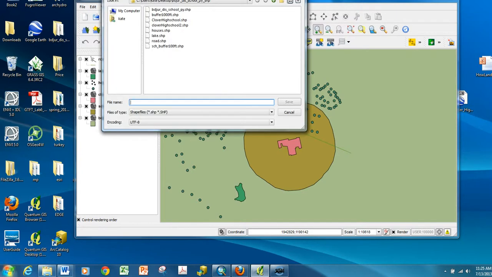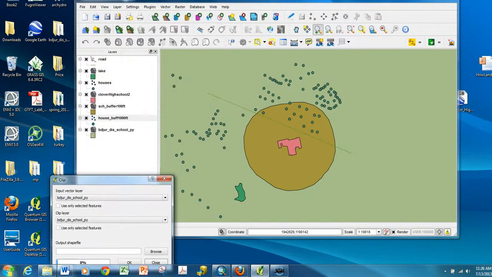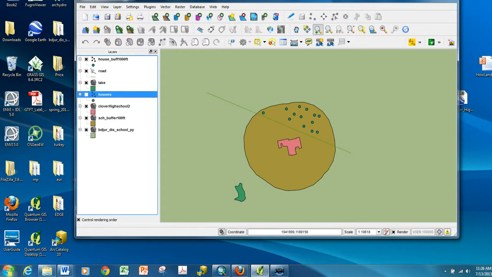And then again, I have to go find the location. So I'm going to say houses within that 1,000-foot buffer. Okay, yes. And what I get back from that process is a point file, and you can see it's underneath the buffer, so I can't see that. So I'm going to move it up here on top of the roads. I'm going to turn off the other houses, and now I have an attribute table of just the houses that